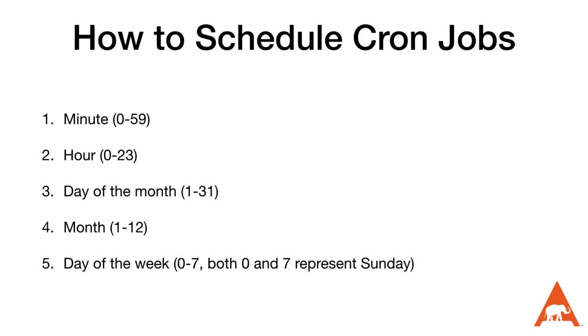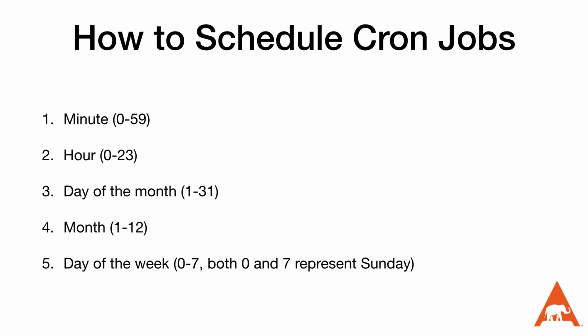I glossed over the significance of the 5 asterisks in the job that we created, but those 5 asterisks are the 5 fields that control when our job should run. The fields control the minute, hour, day of the month, and day of the week that the job should run. The day of the week field is a number between 0 and 7, where both 0 and 7 represent Sunday